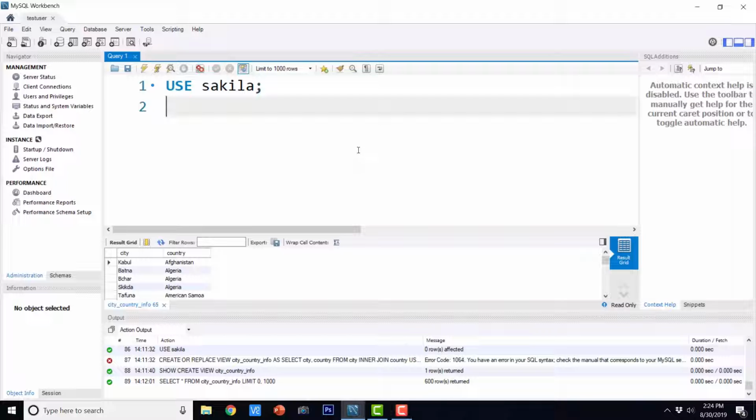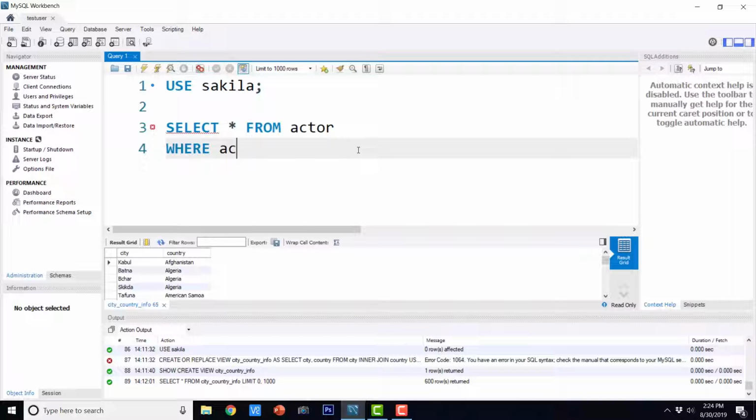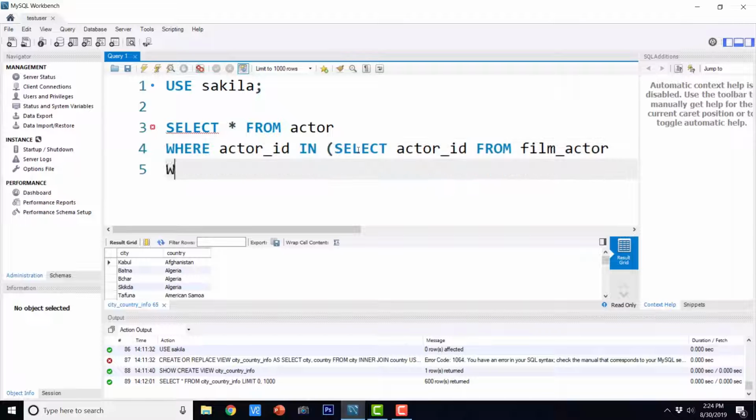So let us see an example of a simple subquery. I'm going to say select star from actor where actor ID in select actor ID from film actor where film ID equals 2.